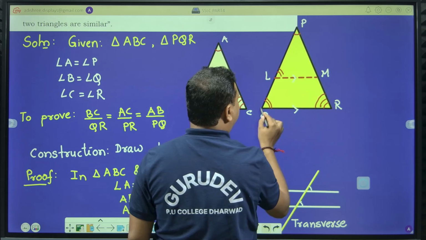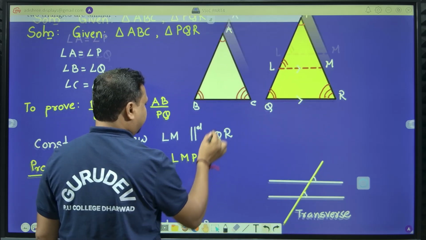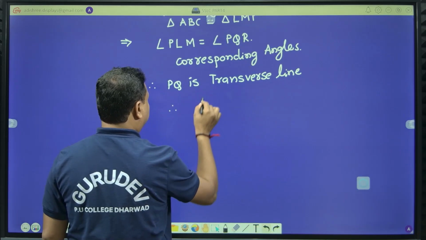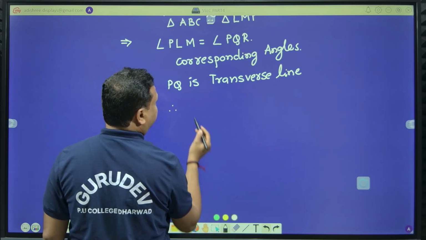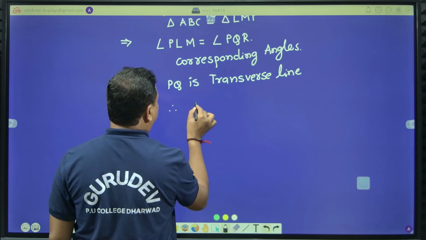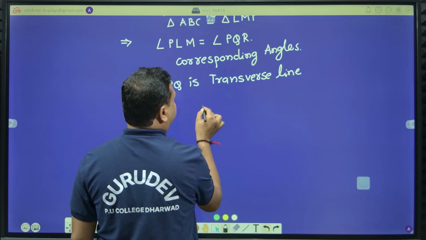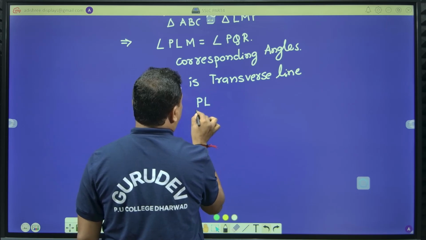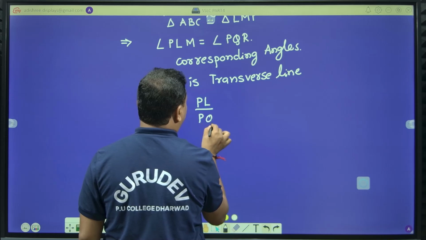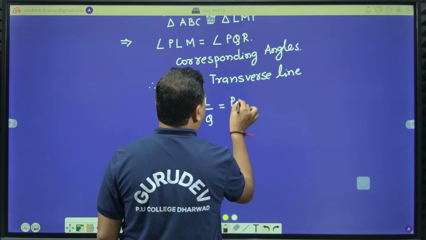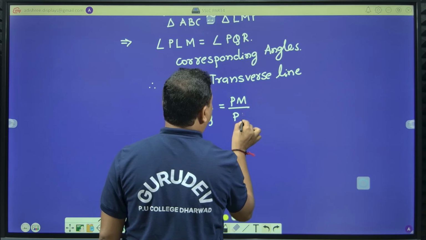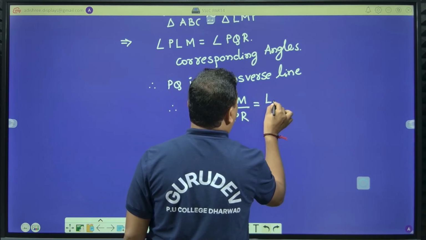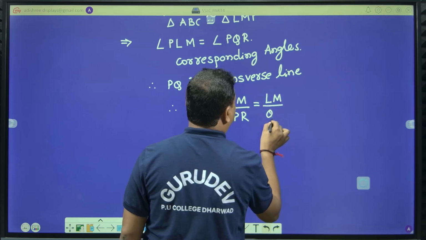And LM divided by QR. PQ is the transversal line. Therefore, PL divided by PQ must be equal to PM divided by PR must be equal to LM divided by QR,